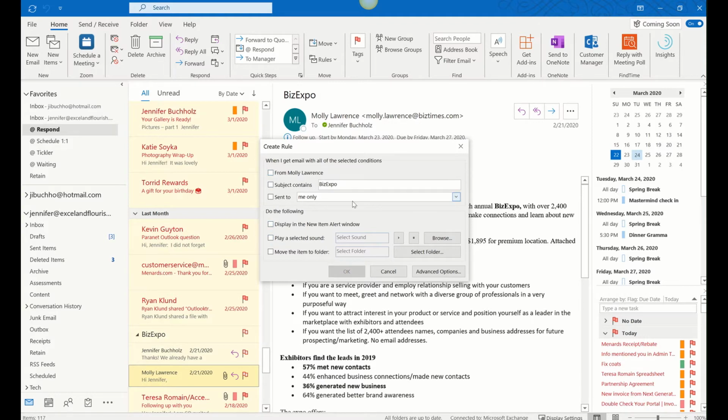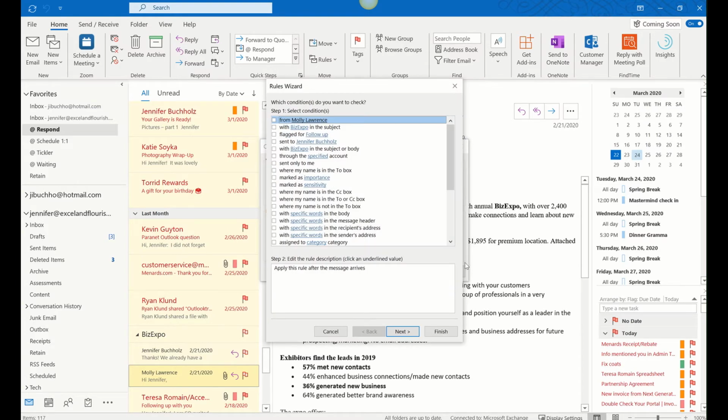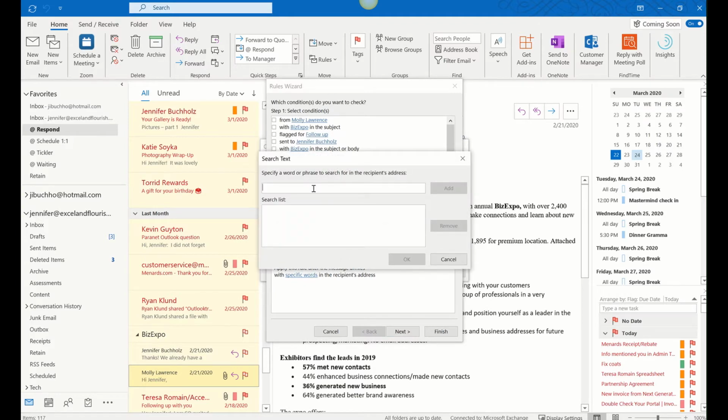Again, remember what we put in there was we were turning all of our notifications off. If, for example, your boss would be the exception to that notification rule, this right here, by right-clicking and going in to create your rule, is where you could turn those notifications back on. But to do even more with rules, we're going to jump into the advanced options. So again, some of this stuff is going to be pre-populated based on the message that I had selected. We can actually say, what are the initial conditions for the rule? So as an example, we could actually say with specific words in the recipient's address, and we could go to that and say Biz Times